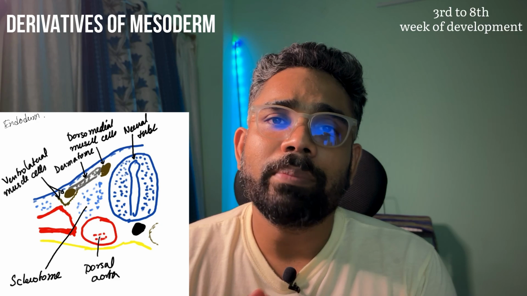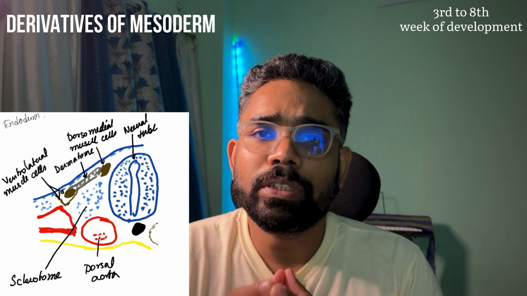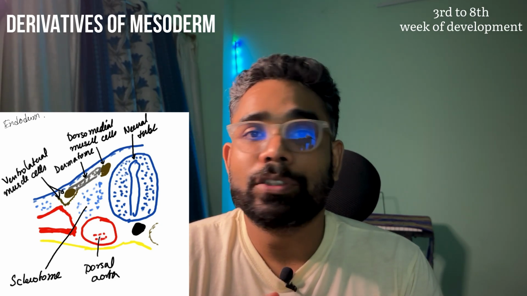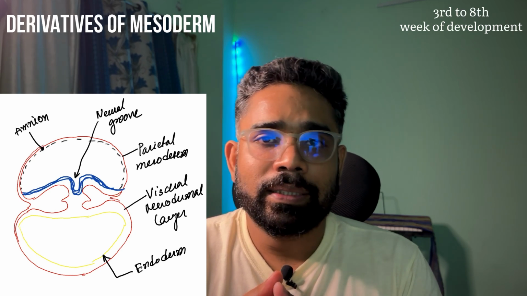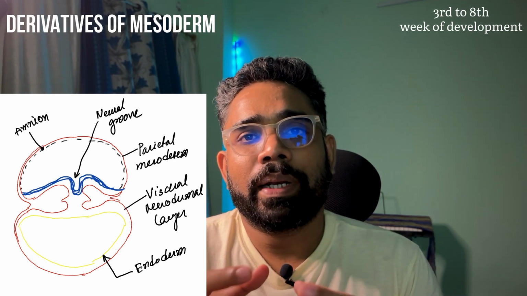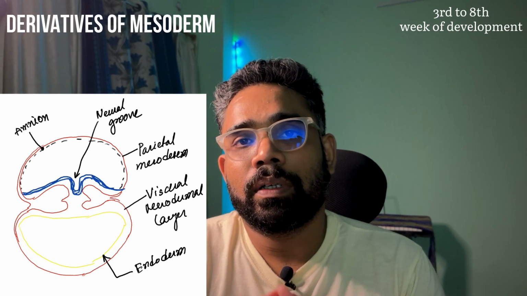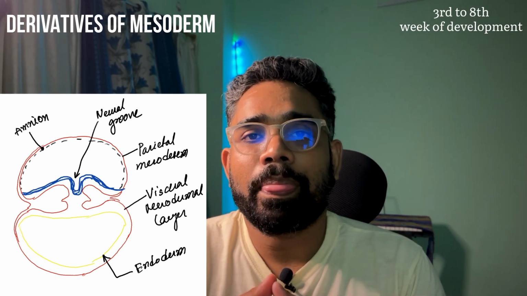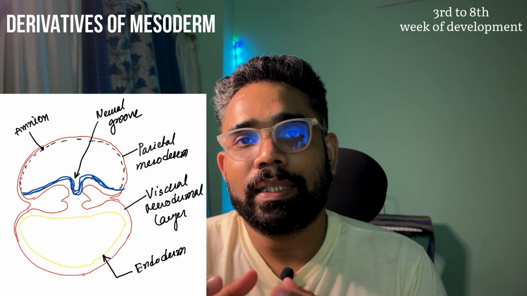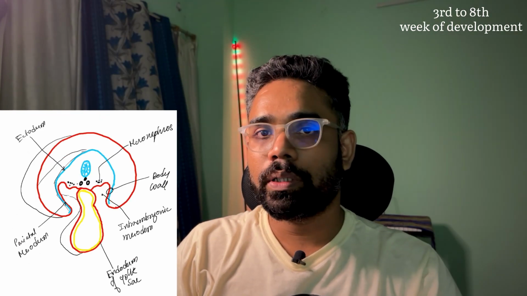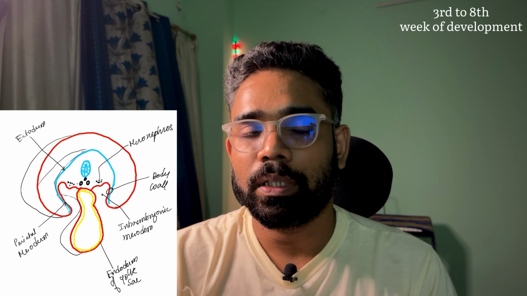Now the intermediate mesoderm basically forms the urogenital system, that is the kidneys, gonads and associated ducts. And the lateral plate mesoderm divides into two parts. The first one is the somatic or parietal mesoderm that contributes to the formation of the body wall and the limbs, and the visceral or splanchnic mesoderm that forms the heart, the blood vessels and the connective tissues of the gut. While the ectoderm and mesoderm are undergoing different changes and developing into various organ systems, the